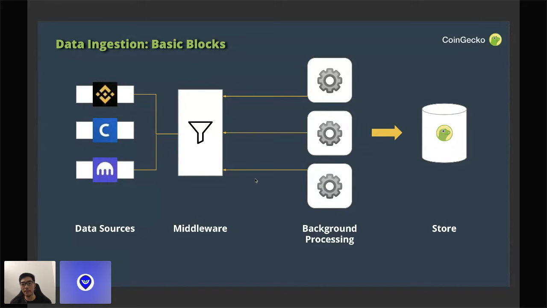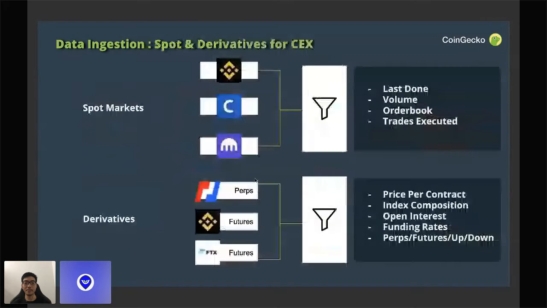And then you will have a queuing system, and it's typically a background processing job where it will go ahead and fetch all this data from all these different exchanges in parallel, concurrently. By that, you can then scale across as many exchanges as you want by just throwing in more machines, and you can do all of that in the background. And finally, that data gets stored into our database, which you can then massage or process, do some aggregation, remove outliers, and then present as market data out there.